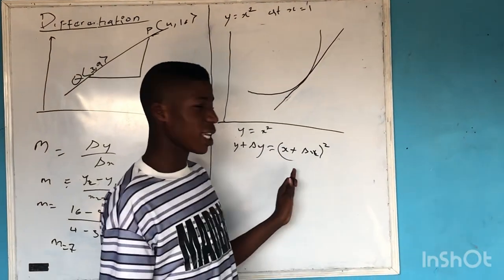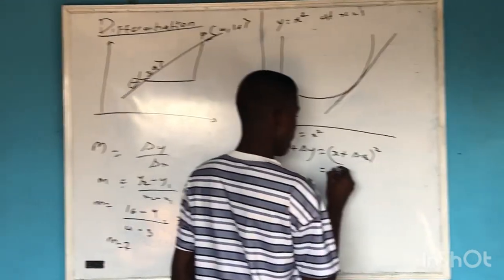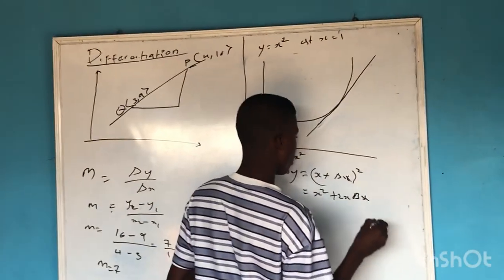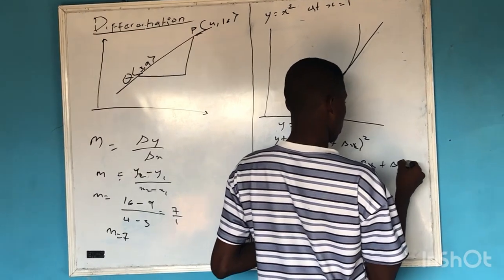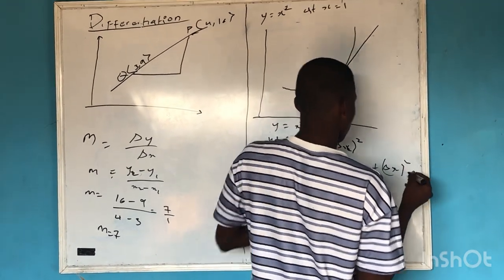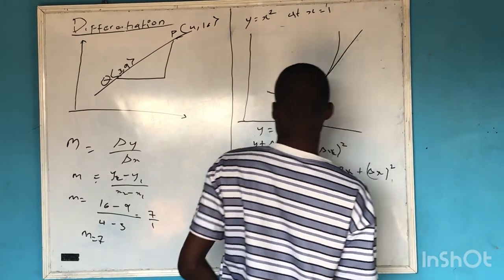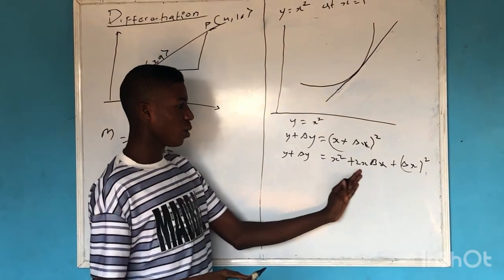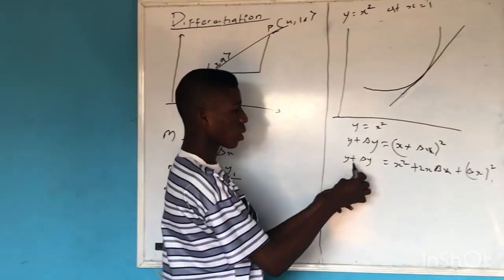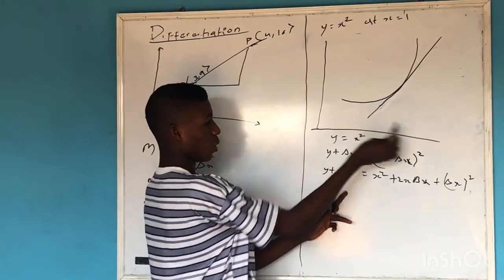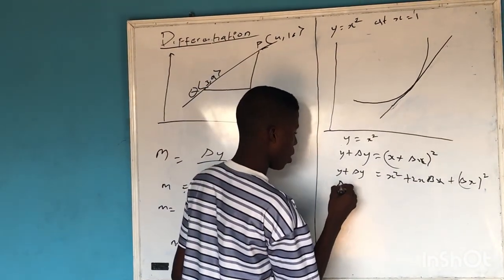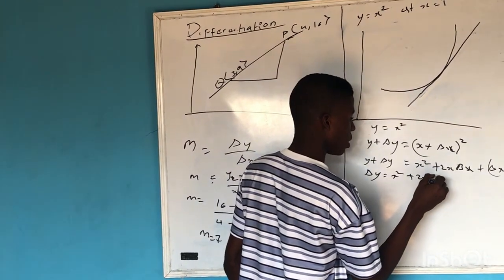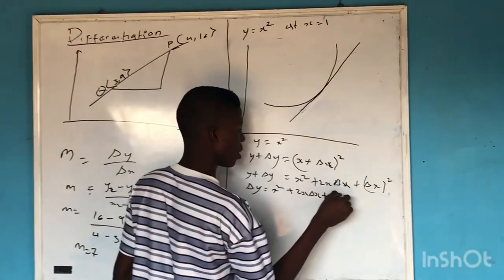Now for me to expand this, it's very easy. I'll just say x squared plus 2x increment in x plus increment in x all squared. And now I have my y plus increment in y. This is just the first stage. Then I'll have to carry this y to the other side, so I'll have increment in y equal to x squared plus 2x increment in x plus increment in x